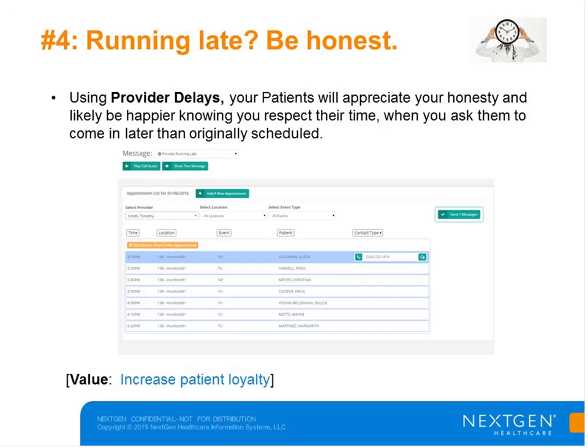Truly, we hear from our clients, as well as, we all have patients in our lives, whether it's friends or family, that this is a service that makes you feel cared about as a patient. The fact that they're willing to let you know how valuable your time is, that you don't have to sit there. We all have so many errands, maybe we could run in between or not leave the house earlier than we have to. So this really is focused on building patient loyalty.